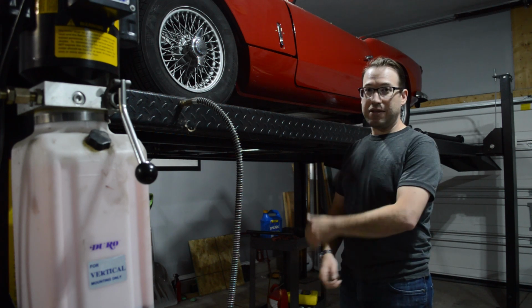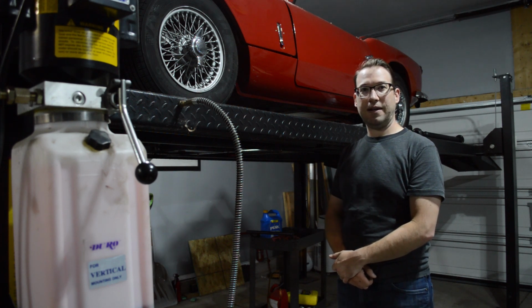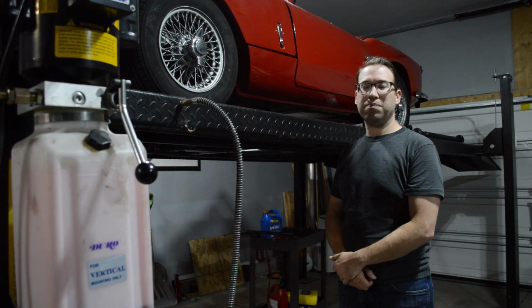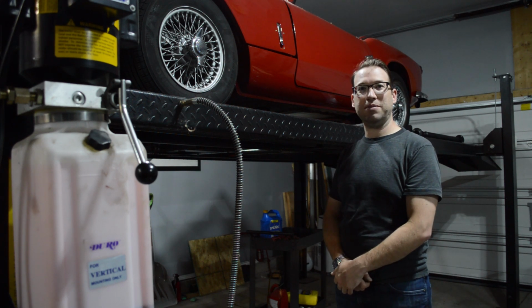Today I am underneath this Triumph Spitfire because we're trying to track down a vibration. There's a few things that it could be. I'm pretty confident that I've identified it, but let me take you through some of the possibilities if you are